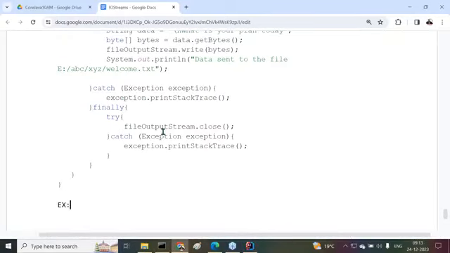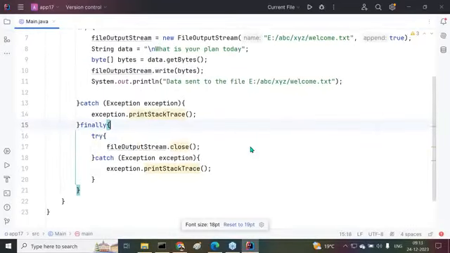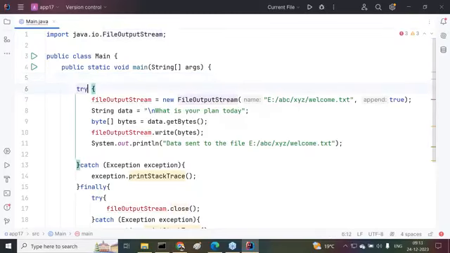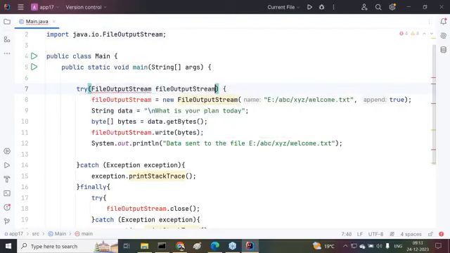Next one is another example I'm telling you. Try with resources, guys. Try with resources. Next example. Inside this, I want to implement try with resources. If it is try with resources, no need to declare like this. Directly, I'll provide here file output stream. File output stream is equal to